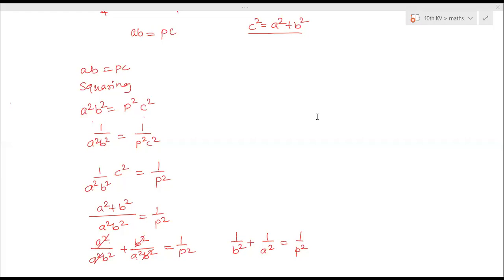Ma'am, you said you will also solve the study material questions of electricity. Should we buy the study material, ma'am? You have to get it from the center. Go to the tuition center you're coming to, no? So go there, you'll get it. Okay, ma'am. I think I have not forwarded the message to you.